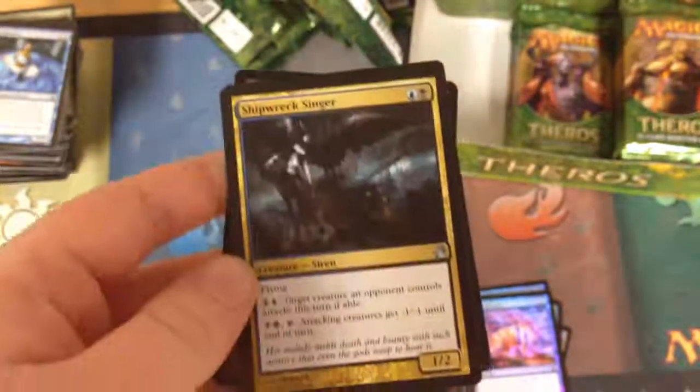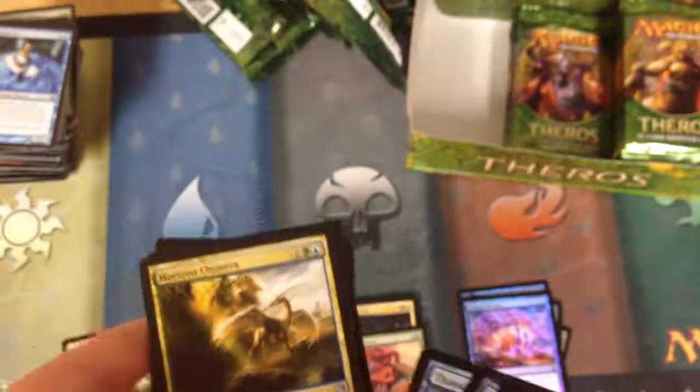Shipwreck Singer, Coordinated Assault, and Horizon Chimera are the uncommons. Next up,